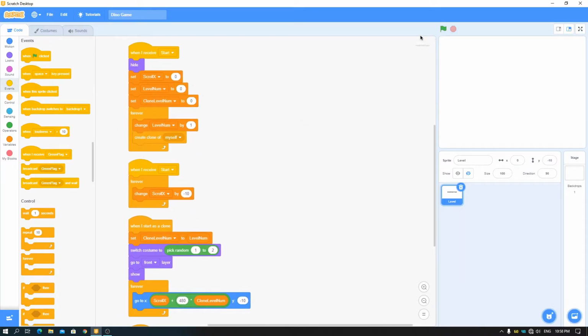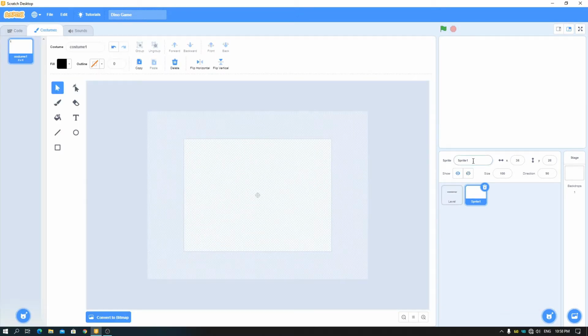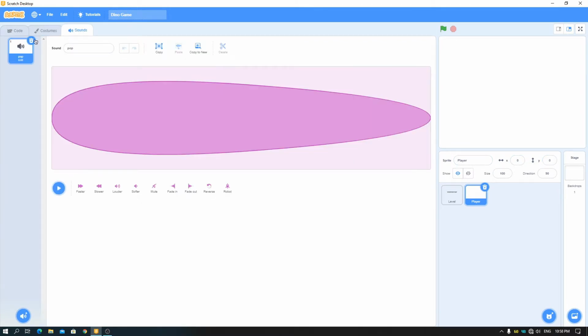If you don't want this wide gap before we start, you can put Scrollex set level number to -2 if you want. So yeah, you can see this is, or -1, so it will not leave that gap. Then make a sprite called player, set x and y to 0, and do the same setup we did before.